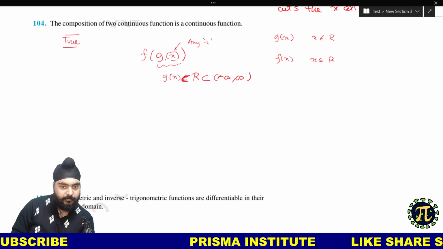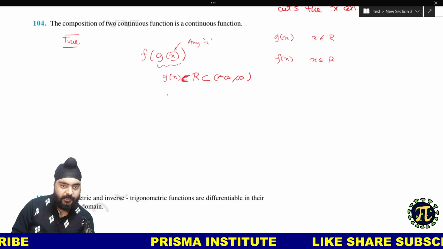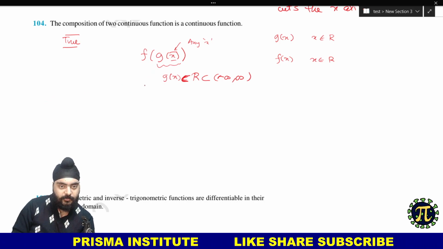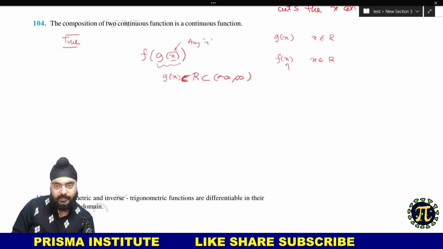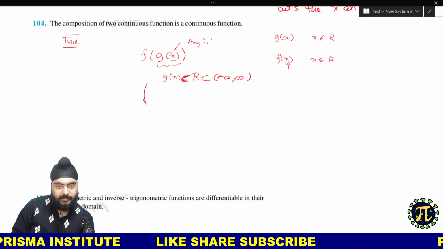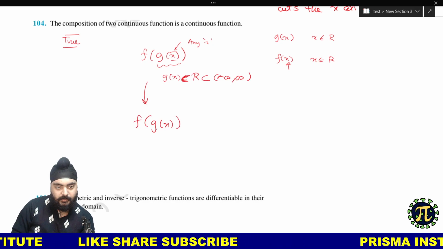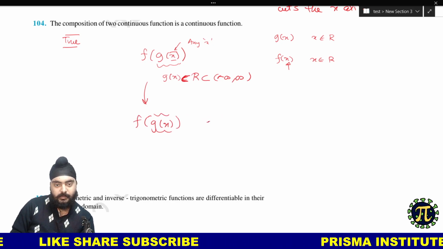We are just putting some numbers, whatever the output of gx is, right? So since in x I can put any number, any x is allowed. So we can say f of gx exists